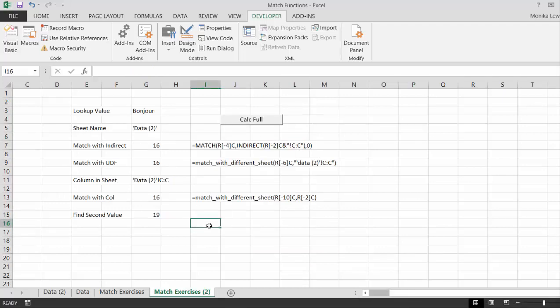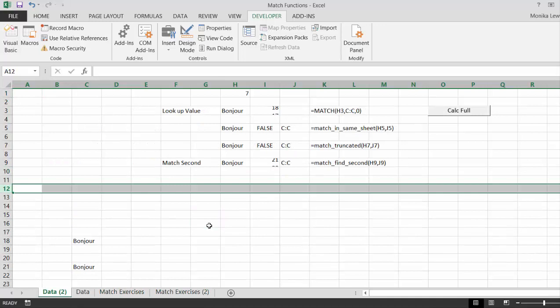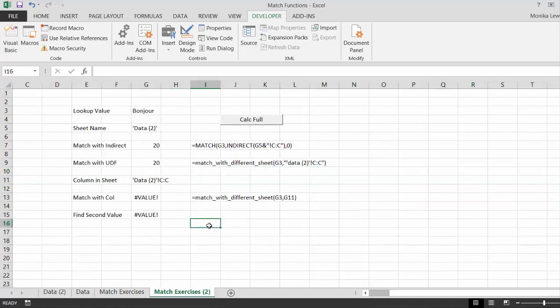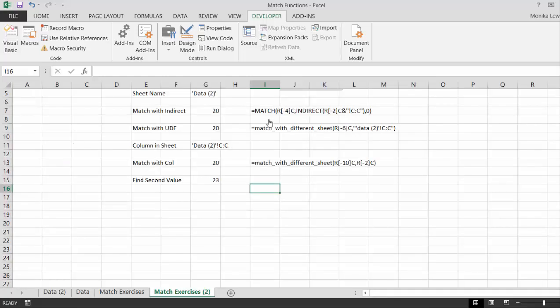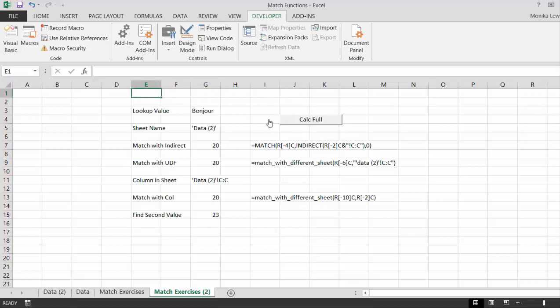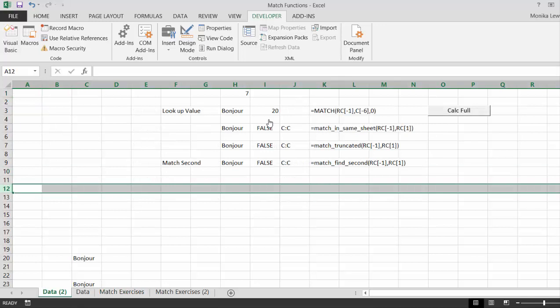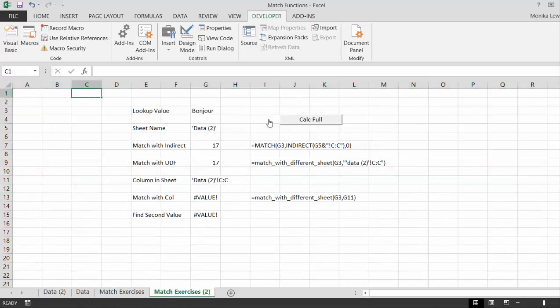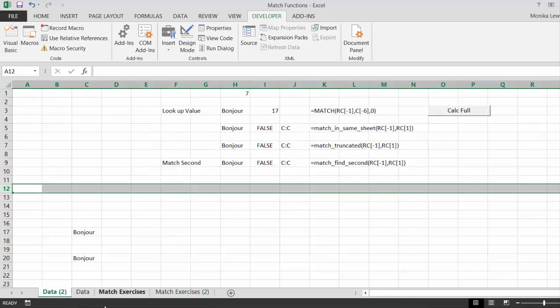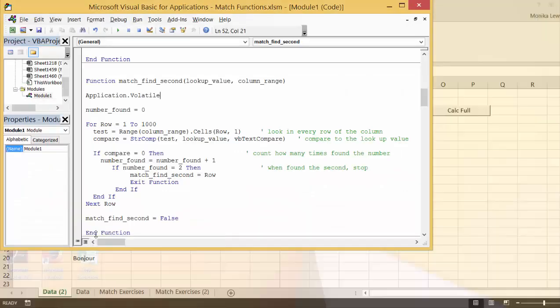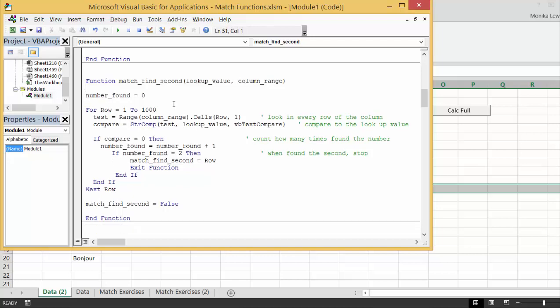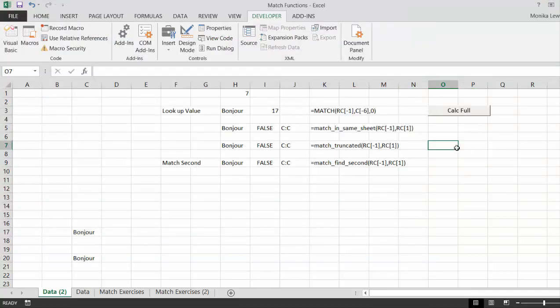No, I think I've solved it, but it's kind of, again, just ridiculous. So I put a couple of extra things in. We get our values. I press calculate full. Well, it goes to wherever the cell was. And now it works. Now, let's control minus a couple times. Calculate full. It works. Now, what I did was put application volatile into here. When I take the application volatile out of here,